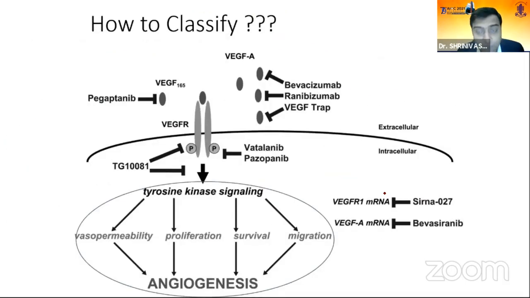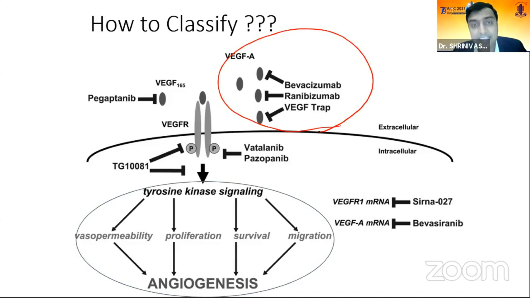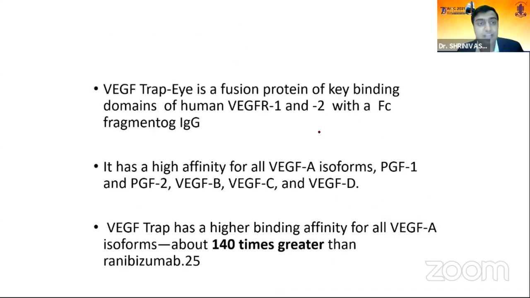Definitely, it's a very important question. So we need to know the anti-VEGF agents available in the market. As of now, they are all of VEGF neutralizing activity. Whenever free VEGF is moving around in the extracellular area, they try to neutralize it. And then we have VEGF trap. That's also another important question which keeps coming in your examination.